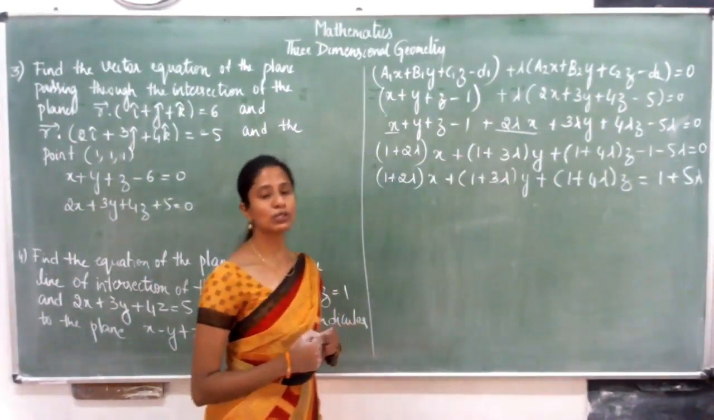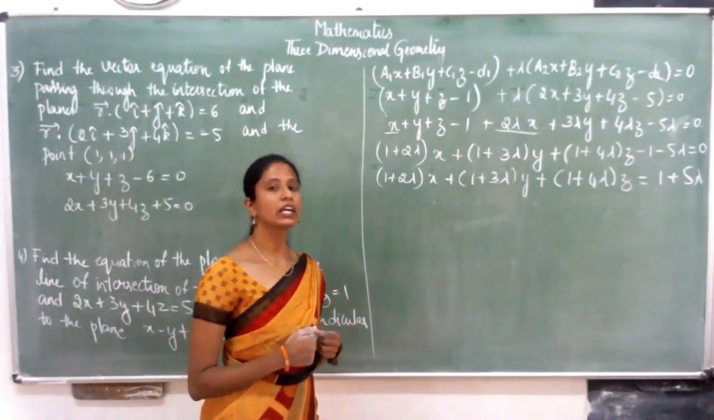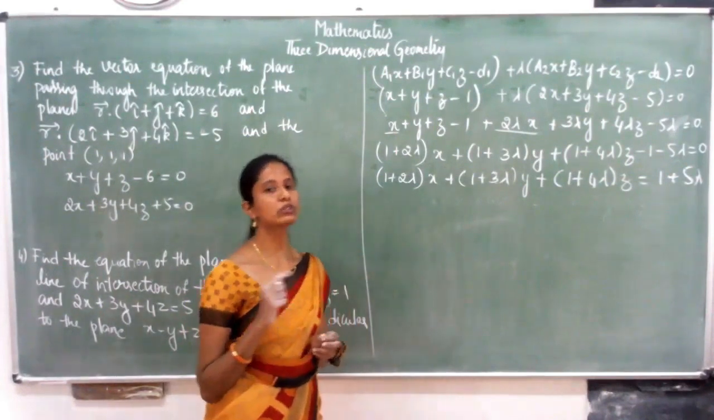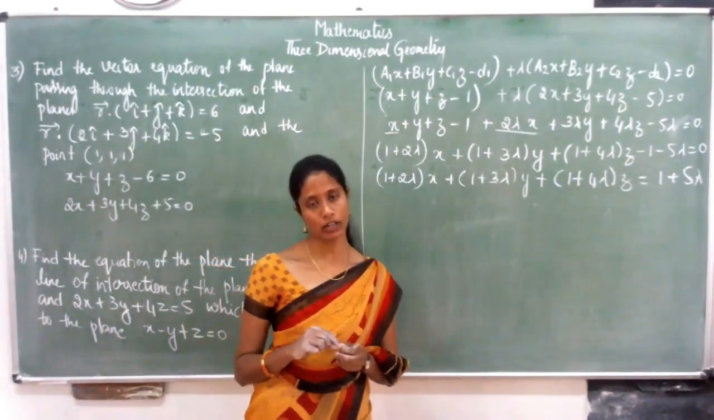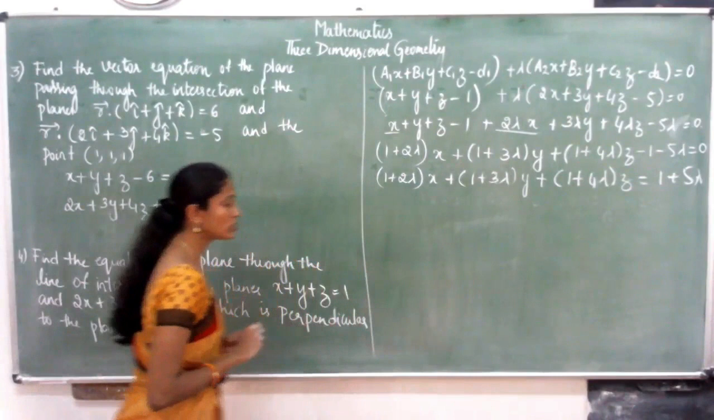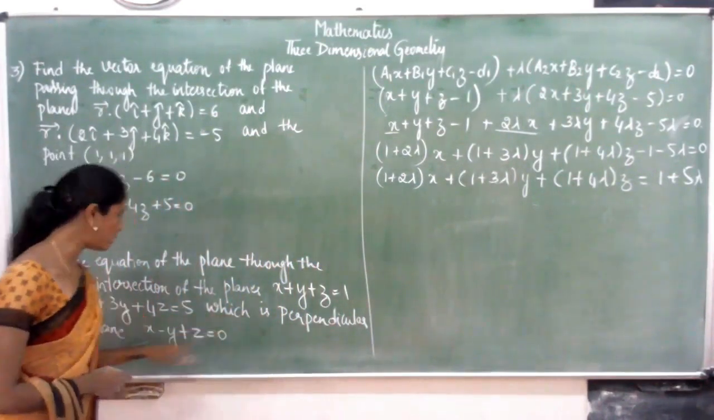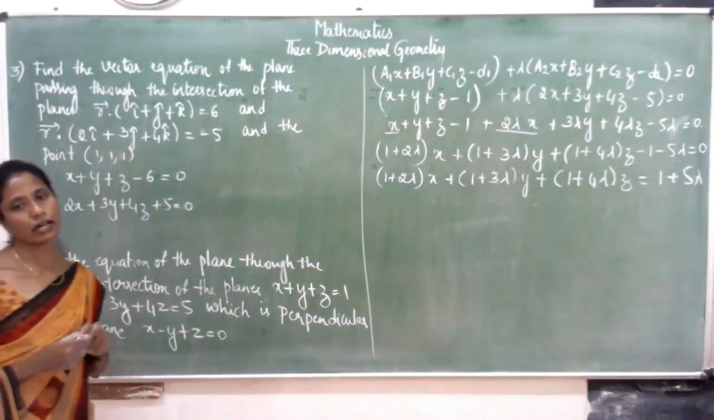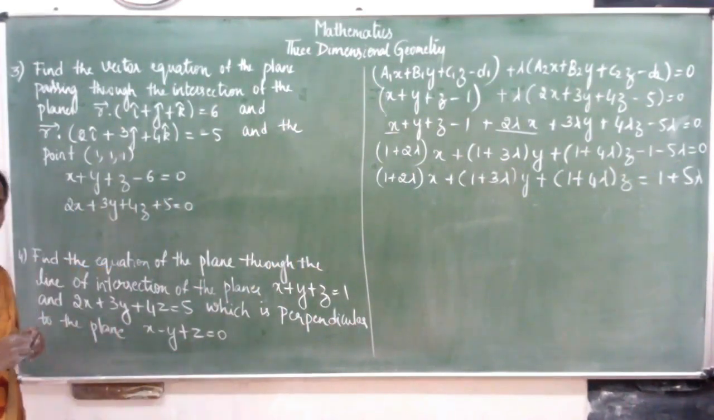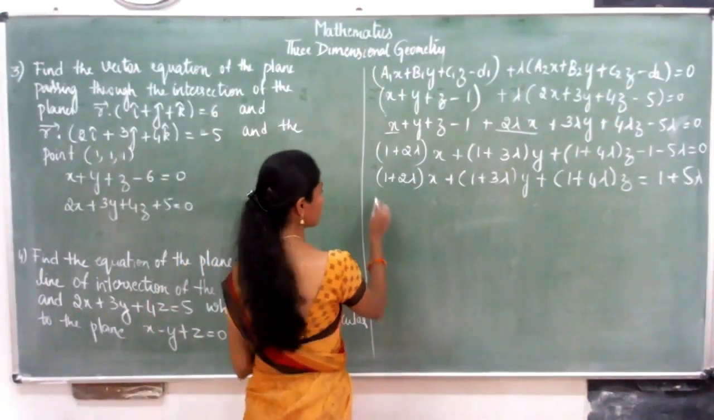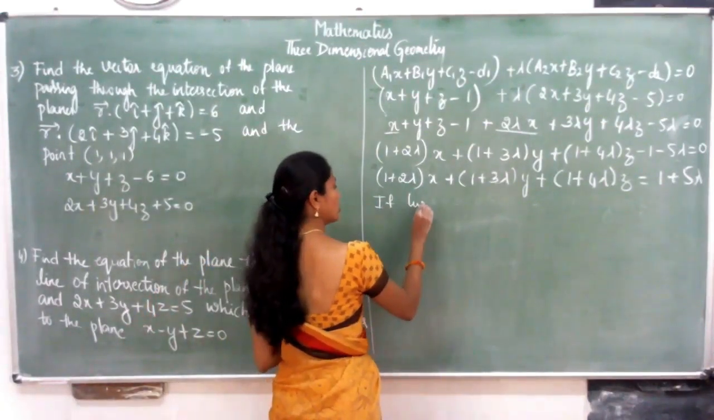Now, let us use the condition given here in order to find the value of lambda. In the previous problem, we used to substitute the points in order to find the value of lambda. Here, we are going to use the condition, that is, these two planes are perpendicular to the plane x minus y plus z. So, the condition here is, if the two planes are perpendicular,